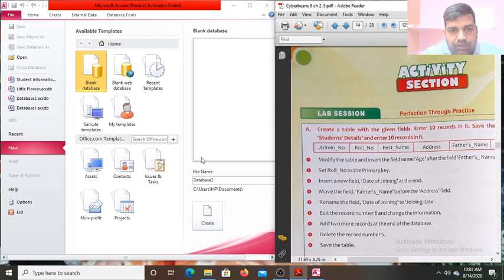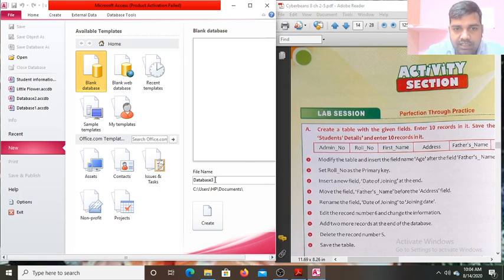So we are going to create a database. The database name is given as students detail. So I will click in the file name and write students detail.